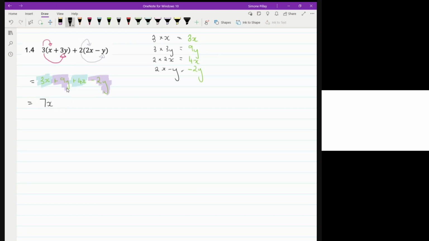9y minus 2y is 7y. So it's positive, it's plus 7y. And with that,